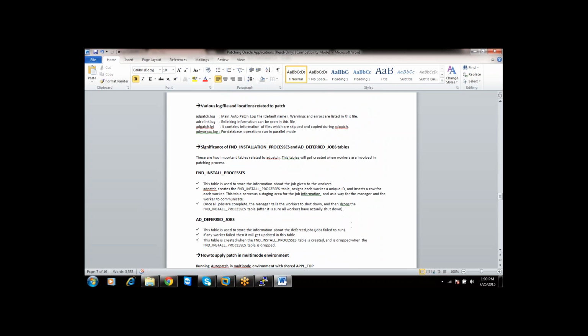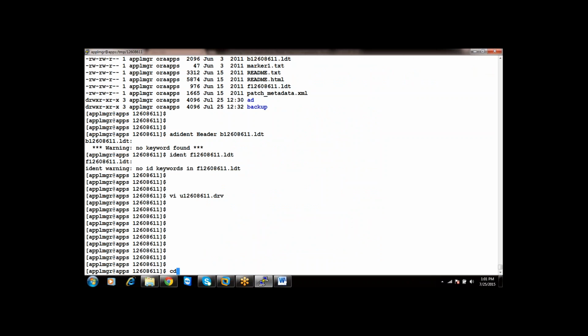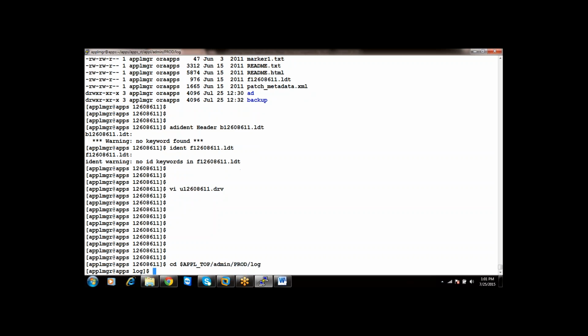Now, the various log file locations related to patching. What is the location of the AD Patch log files? It is APPL_TOP/admin/SID/log. So cd $APPL_TOP/admin/SID/log, then ls -ltr.